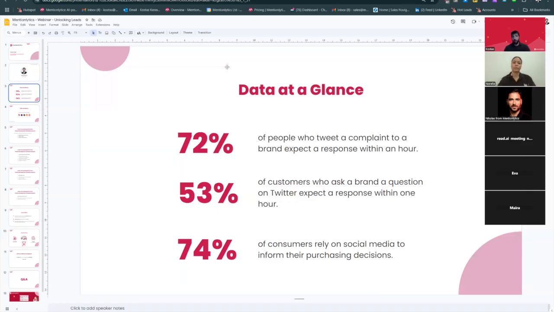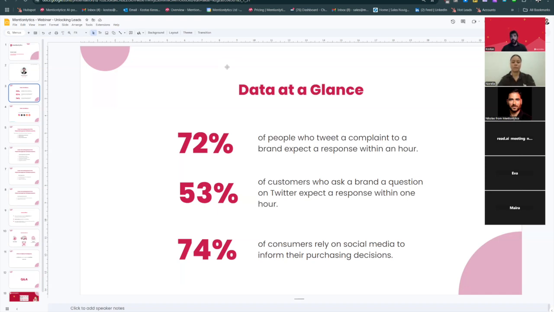So we see that people not only have expectations of brands being there on the internet, not only do they expect to get answers about the features that the solutions have, or how they perform, or pricing, etc. And they tend to post this also on social media.